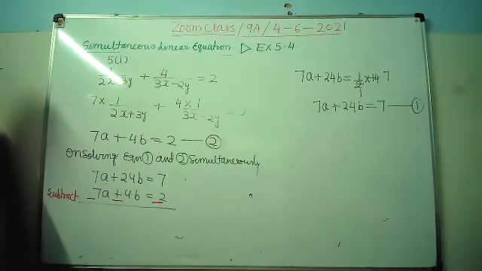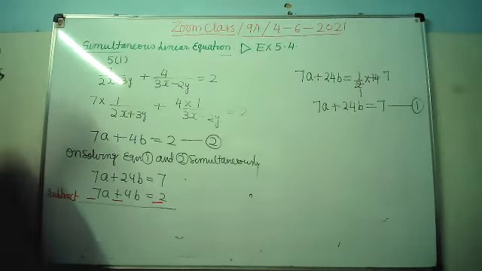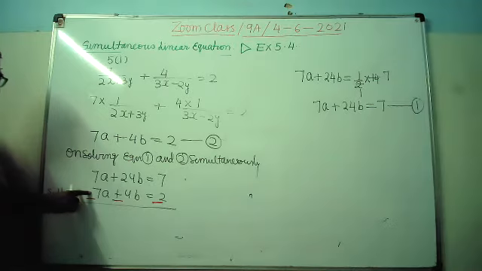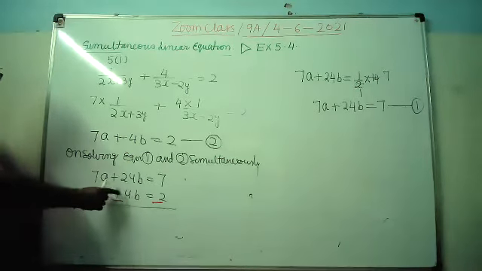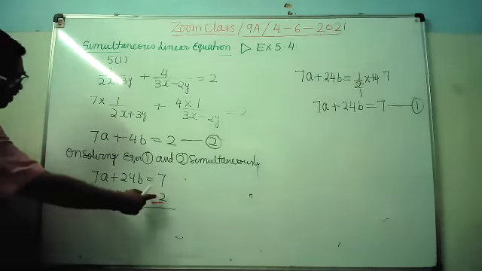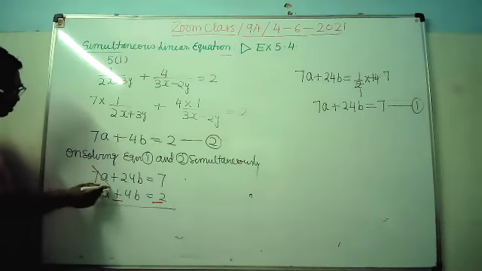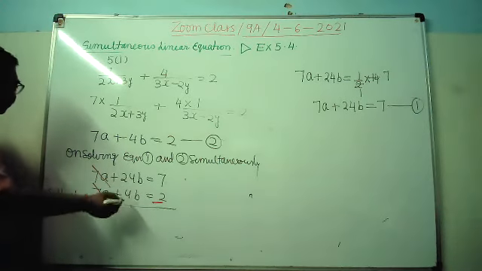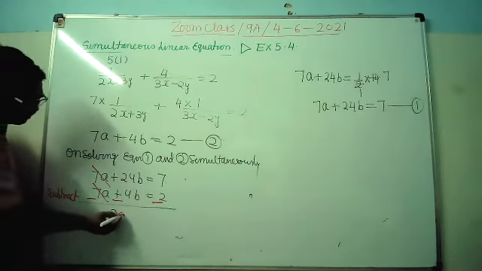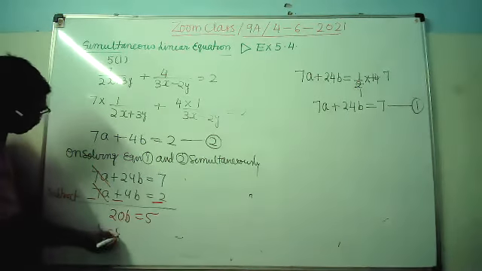So we will change the signs of the terms of the second equation. There is no sign before 7A, it means there was plus, so we wrote minus. 4B here it was plus, now I made minus. Before 2 there was no sign, meaning plus, so now it is minus. So now this and this cancel. 24 minus 4, 20B equals to 5. So B equals to how much?